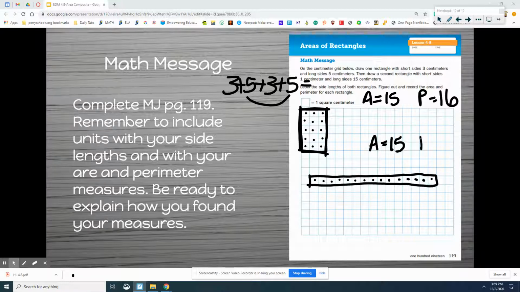What's my perimeter? Again, I'm going to do my number sentence to help me figure out the perimeter. So I have a short side of 1, a long side of 15, another short side of 1, and another long side of 15. I know that 15 plus 15 is 30, and 1 plus 1 is 2, so 30 plus 2 is 32. My perimeter is 32